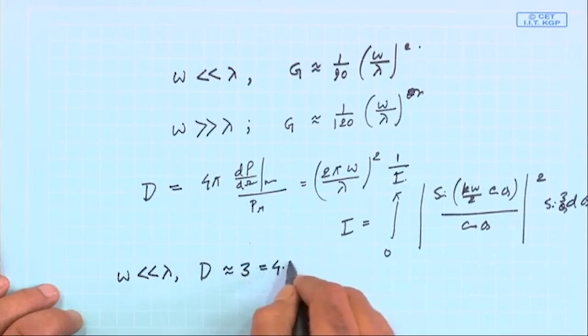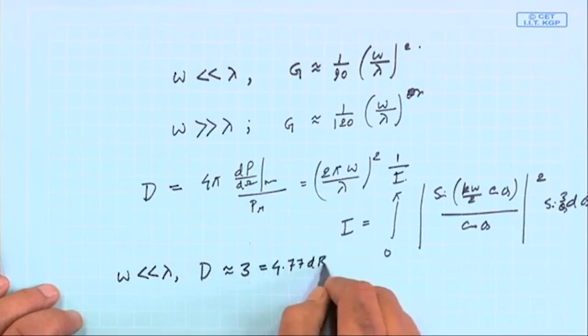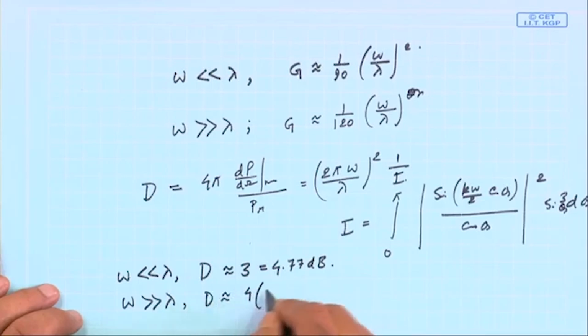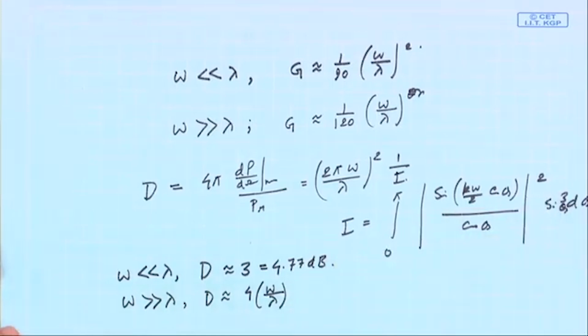That means 3 is 4.77 dB, and if W is greater than this, then D is almost 4 into W by lambda. So, as W is high, you get a higher directivity, but then your